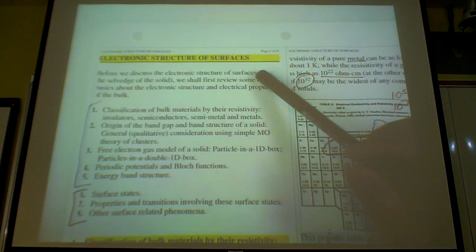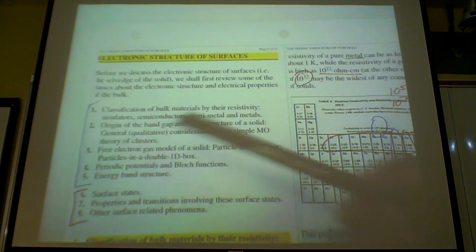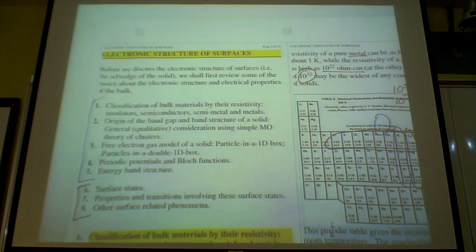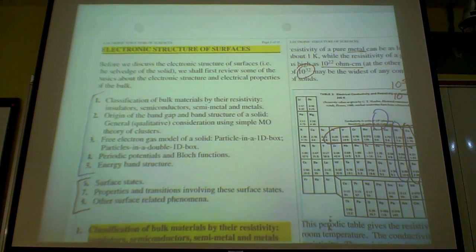Before we can talk about this, we need to review some of the basic things that we have. So I want to talk about these 8 topics about the electronic structure of the surface. So first of all, I want to classify. Again, I use the same approach. We just talk about bulk material first, and then I'll move on to surface-related property, particularly with reference to